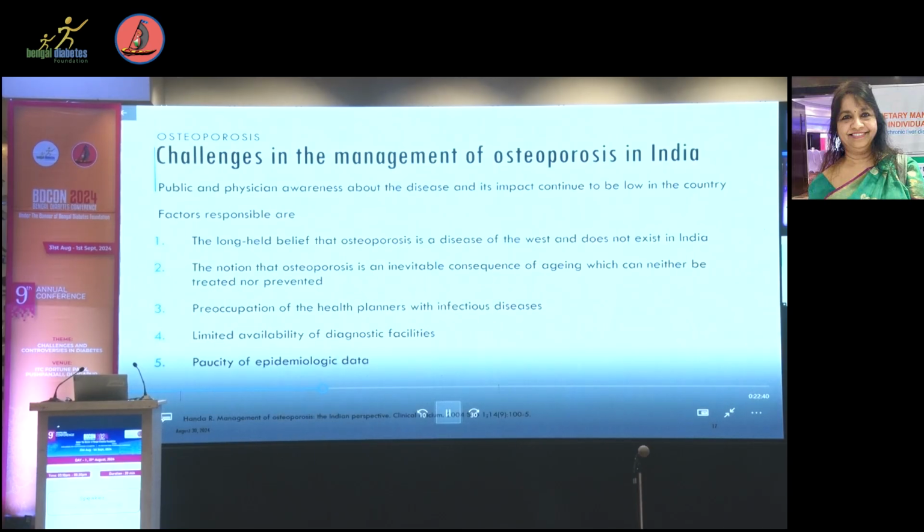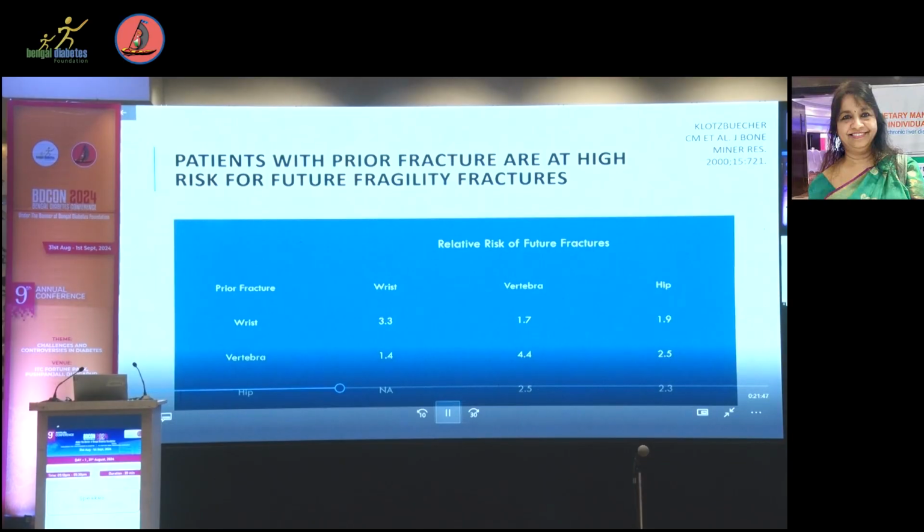When you take osteoporosis in India, public and physician awareness about the disease and its impact continue to be low in our country. There was a belief that osteoporosis is a disease of the West and does not exist in India, and a notion that osteoporosis is an inevitable consequence of aging, which can neither be treated nor prevented. Other factors are preoccupation of health players with other conditions, infectious diseases, other non-communicable diseases, limited availability of diagnostic facilities across the country, and paucity of epidemiology data. I wouldn't really say this last one, because I think plenty of research has been done in our country on normative data and on epidemiologic data. And we know that patients with a